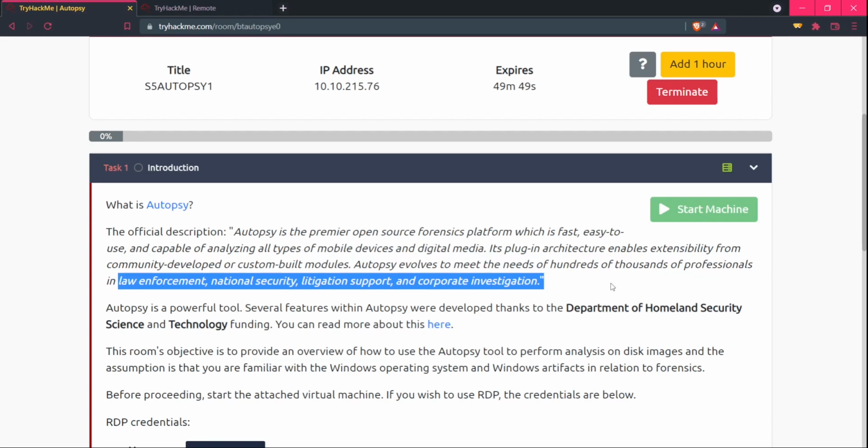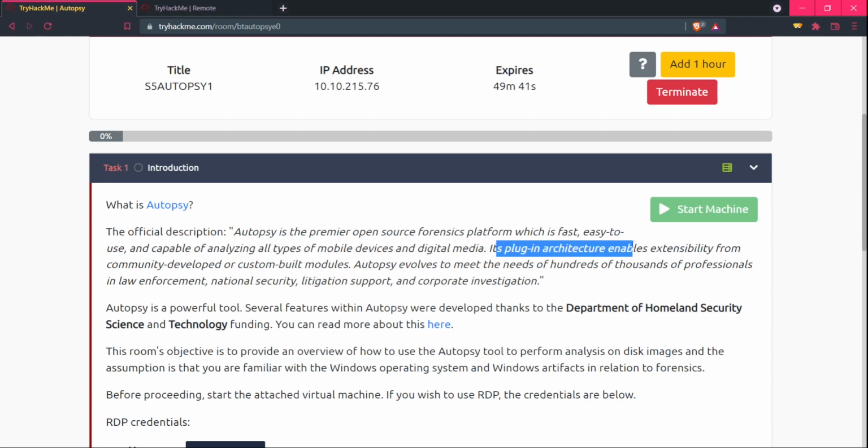So in these sectors we can use autopsy. There are also a lot of plugins given here, and we can make our own also, since it is open source. We can make our own modules also, and that module is known as an ingest module, and I will talk about it in some seconds.